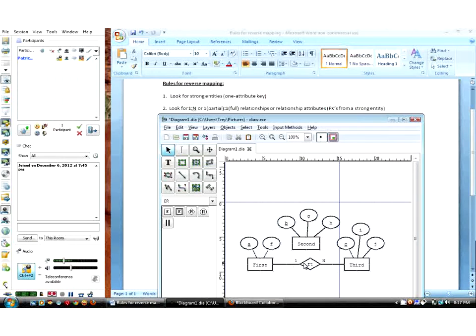I'm not going to make any assumptions here about the cardinality. If we're 1 to N, we're 1 to N. I don't have the data in front of me, so I can't tell what makes the most sense. Okay, so we're just going to go with 1 to N for now, partial. All right. Now,